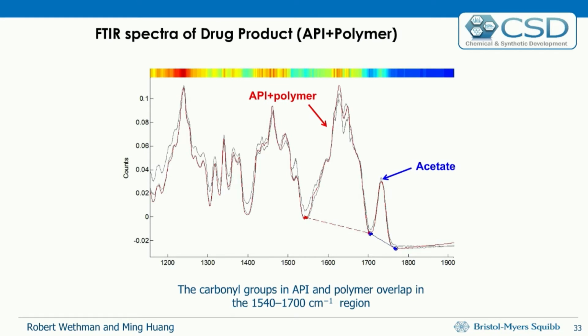Now, in some cases when something fluoresces, we have to avoid Raman at our typical 785 nanometers. So in this case, we ended up going with the FTIR, so we have a nice acetate peak, but we know that the API and the polymer are really coalescing in the same spectral region. But we are focusing on that acetate. As you can see here,